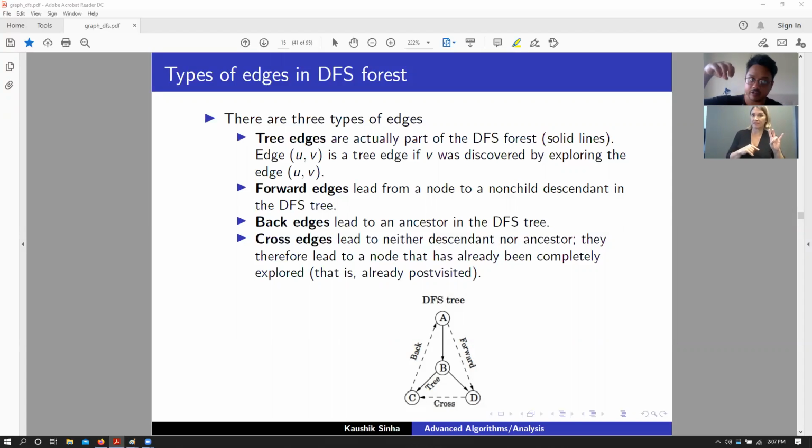Since B is a parent of both C and D, we see that the pre-visit and post-visit numbers for B encompass the C and D values, but C and D do not have any parent or ancestor relationship. Now, finally, we have A, where the pre-visit and post-visit numbers are 1 and 8, because A is the parent of all of those subnodes.